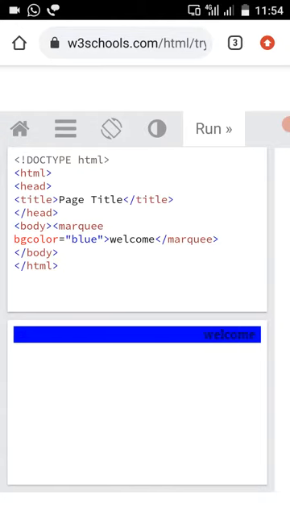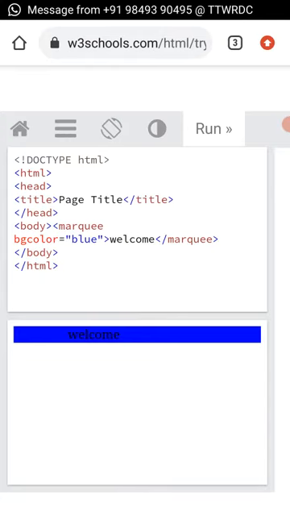If you want to change the color, you can change it. A number of colors can be added at the background of your marquee tag. Either you can use direct names, or hexadecimal values, or RGB values to add background colors to the marquee.